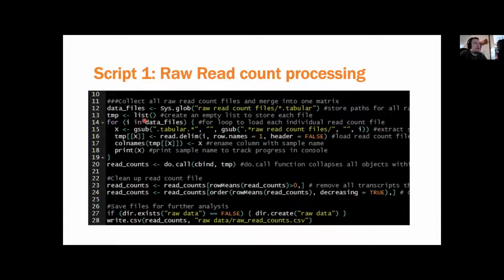And then we create an empty list that's eventually going to store each of the read count files. And we use a for loop to basically read each of the read count files one at a time, and they each get added to this list. And once this is done, the list is converted to a data frame using the do.call function. And this basically merges all of the read count files into a matrix with each column corresponding to one individual